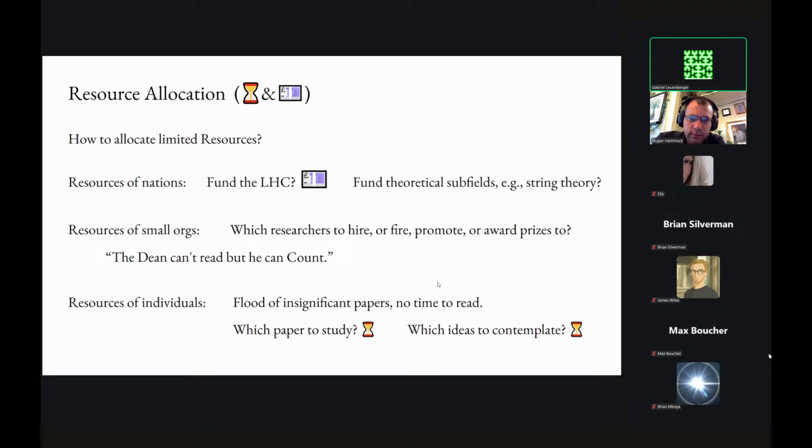Because if there is no time to study all of these papers, for instance, you don't know how to spend your time. You don't know which ideas are actually worth something, which ideas are worth pursuing further, and so forth, right? So then how do you actually more intelligently allocate your resources? And here